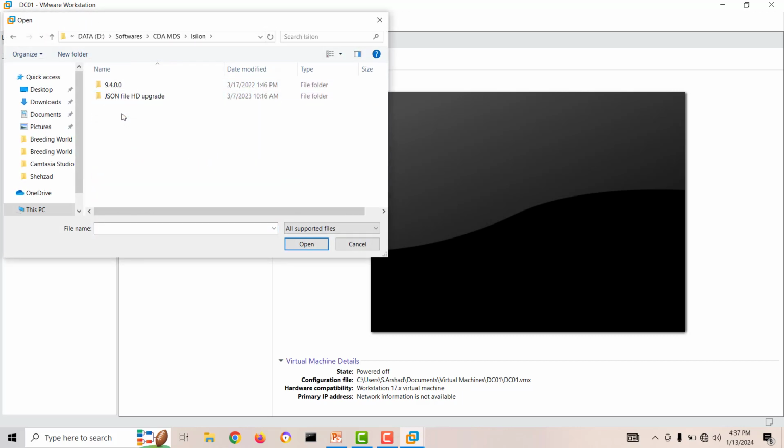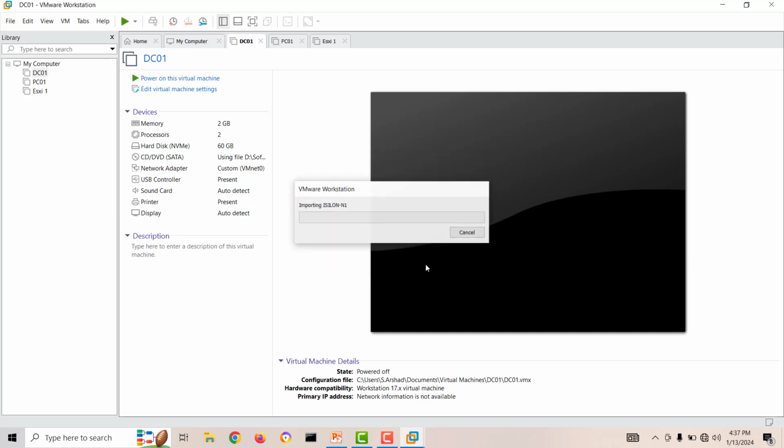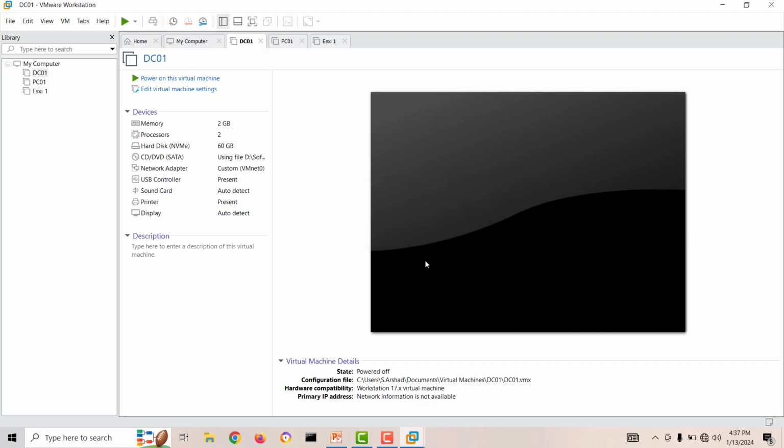Okay, in Isilon, this 9.4 version, as of now I have an OVF for virtual, so I will open, and you can give a virtual name for this, Isilon node 1. Okay, I will copy, import, it will take a little time, and our OVF is imported in our